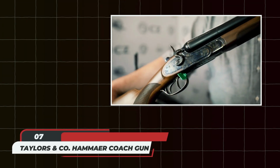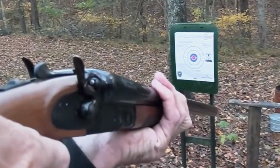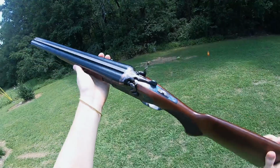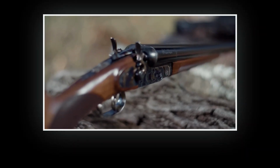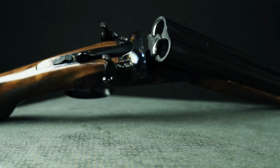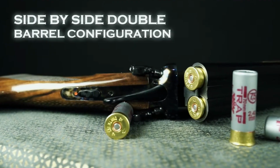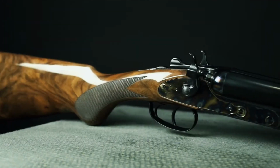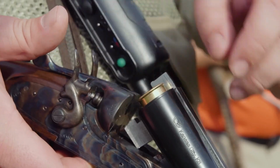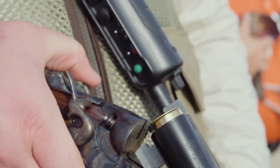Number 7. Taylor's & Company Hammer Coach Gun. Are you a keen enthusiast of vintage weapons and want to add one to your firearm collection? Look no further than the Taylor's & Co. Hammer Coach Gun that captures the essence of the Old West with its external hammers and side-by-side double-barrel configuration, giving it a classic appearance. The external hammers contribute to firearm safety and provide a manual means to cock the firing